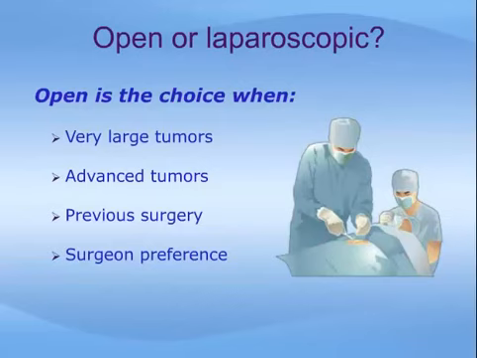adjacent organs or renal veins and IVC, tumors that have grown more centrally into the inner part of the kidney, when previous surgery or other circumstances would make laparoscopic surgery difficult, or when the surgeon is simply more comfortable with the open surgical approach. Because partial nephrectomy can be a more complex operation than complete removal of the kidney, certain